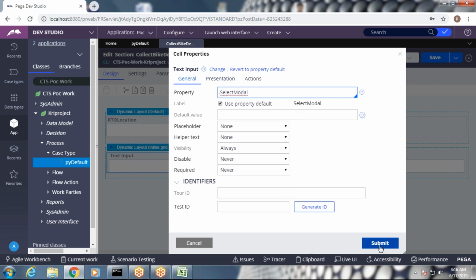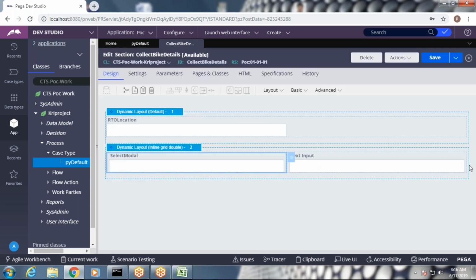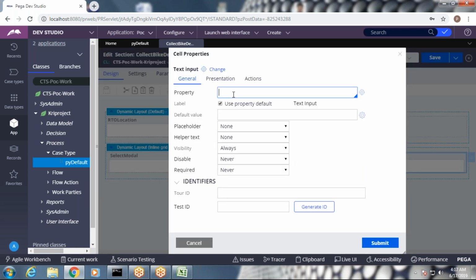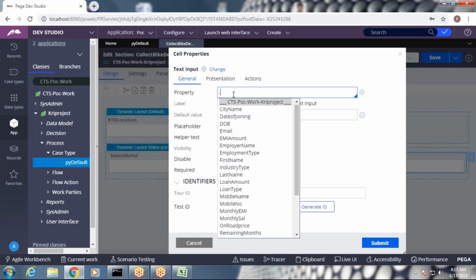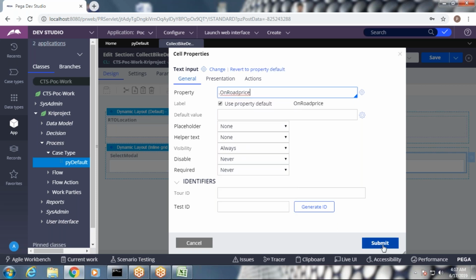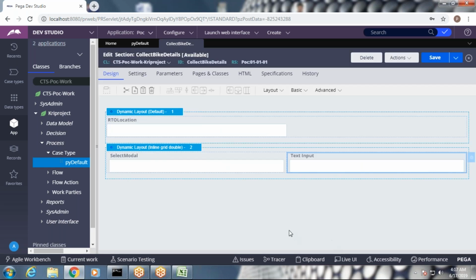This is select model, and this is for on-road price. You can change the control later, just call the properties. On-road price, fine.